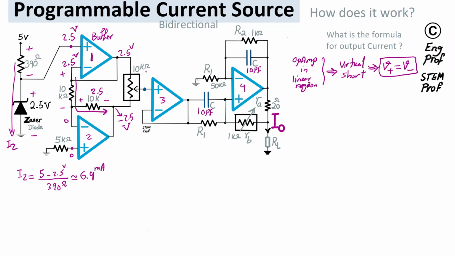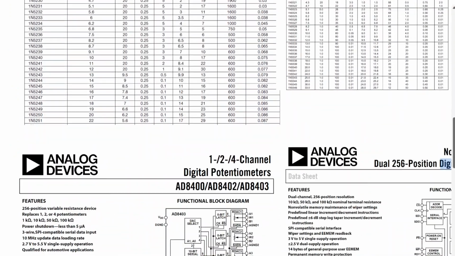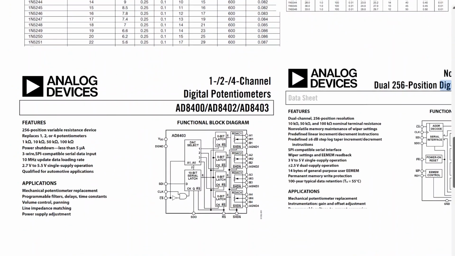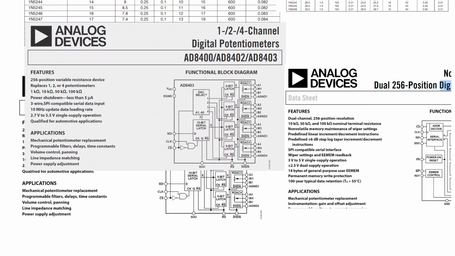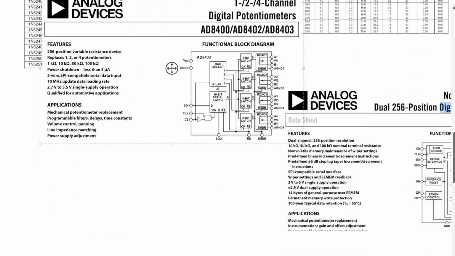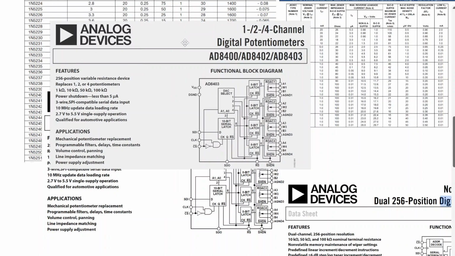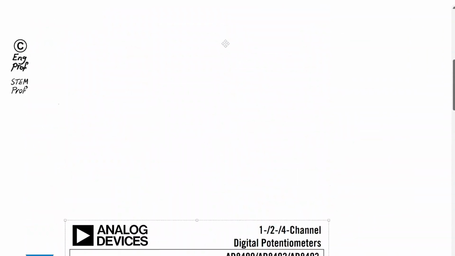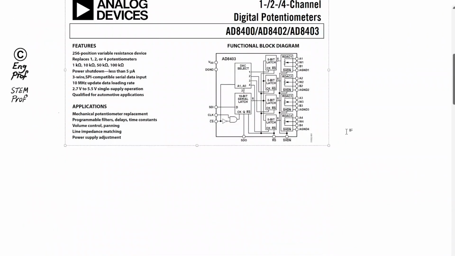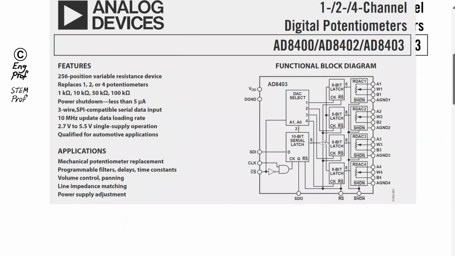Now, what is the meaning of this digital potentiometer? As an example, again, Microchip, Analog Devices, all of them and many others have their own implementation of the digital potentiometer, but here is one good example. So Analog Devices has 1 channel, 2 channel, and 4 channel versions of, let's say, I'm going to shift it up so that it's easily observable. All right, so the AD